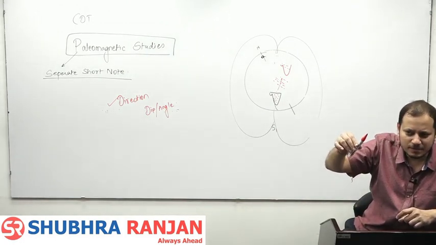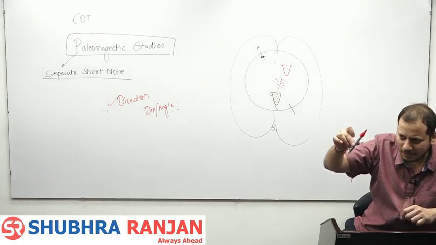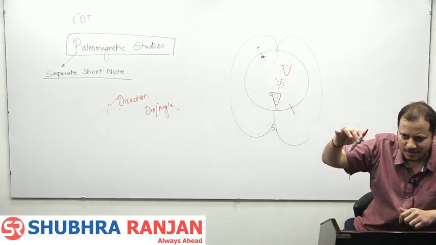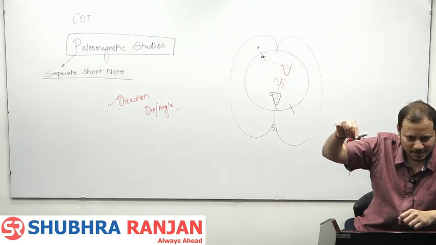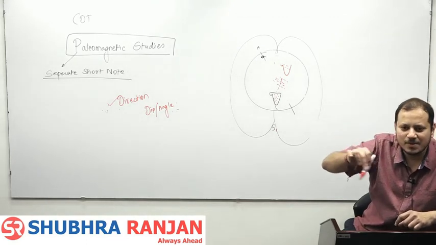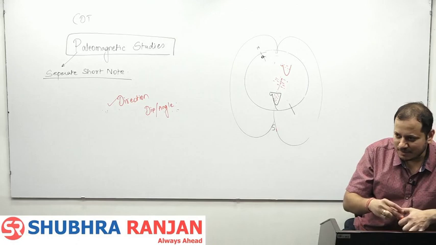Then whatever volcanic rocks there are on Barren Island, they will now freeze not in this direction but in the opposite direction. Getting it? So this is what paleomagnetism or geomagnetism is. See, remember,